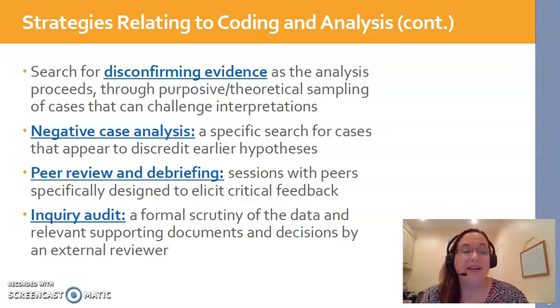Similar to that, trying to prove yourself wrong, in essence, is disconfirming evidence or negative case analysis, especially when we're trying to build a new theory through grounded theory studies. We want to make sure that we have tried to poke holes in the theory that we're building. We want to try to find cases and evidence that contradict what we think. So we may actually go out and interview some other people in different situations from those we've talked to, to see if they support our growing theory or if their story is totally out in left field.